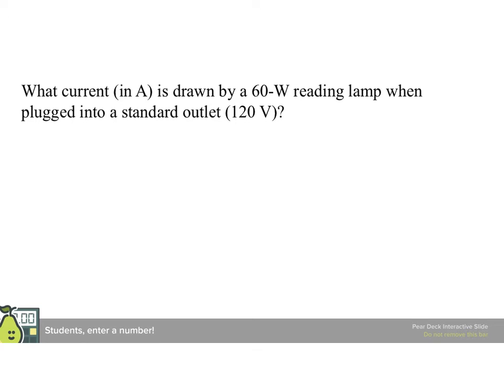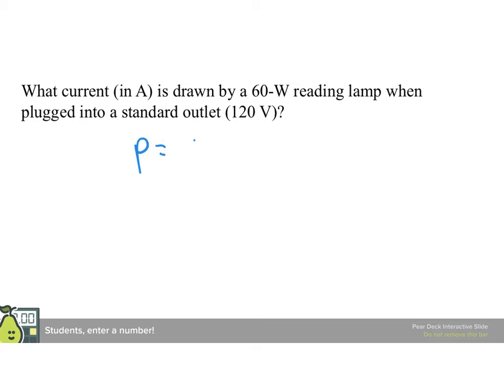What current in amps is drawn by a 60-watt reading lamp when plugged into a standard outlet of 120 volts? We should keep something in mind. Standard outlets aren't DC. There's not a battery plugged in somewhere that's delivering 120 volts constantly. It's really AC, and we'll talk more later in the class about what that means. So right now, let's pretend that it delivers a fixed 120 volts instead of the fluctuating thing that we have here. Then it becomes relatively easy since